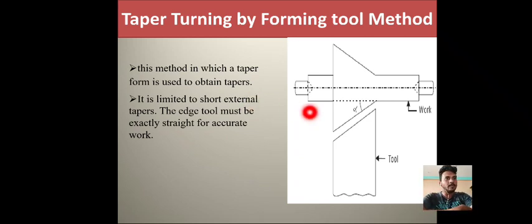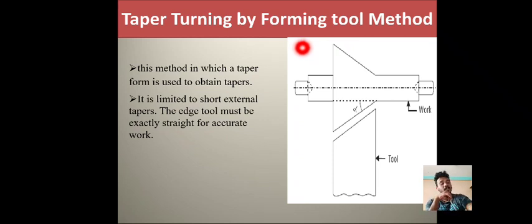See, what happens is that a form tool has been provided here. The tool has been provided in the shape of a taper. Once you feed the tool in the form of a taper, the outer edge of the taper can be obtained. It is quite different from the swiveling compound rest method,